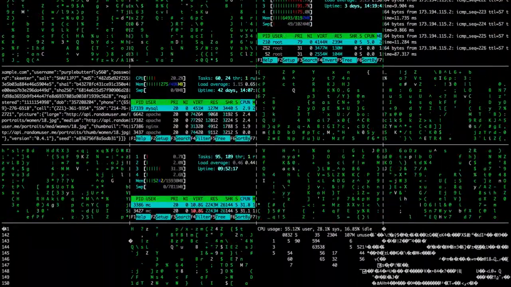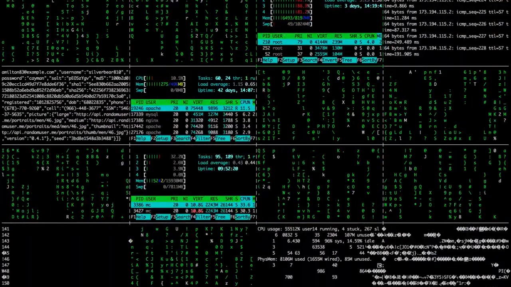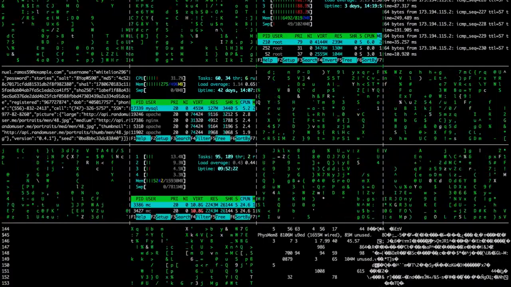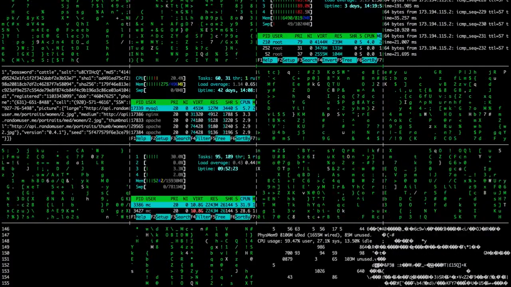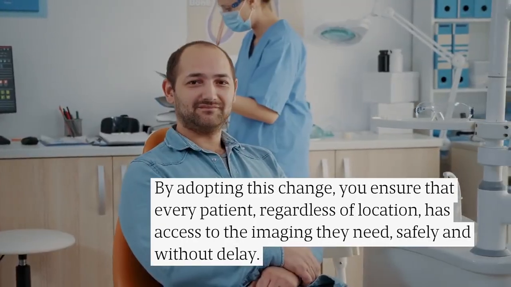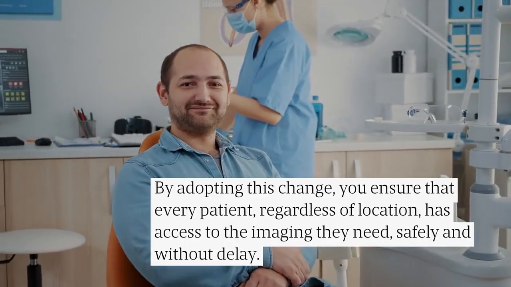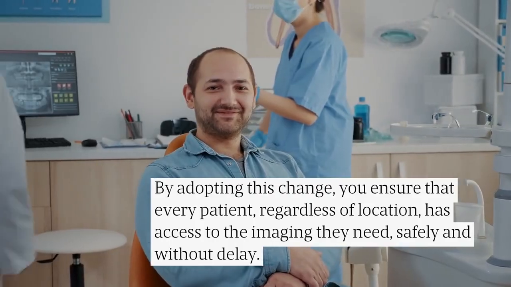Evaluate your current staffing models and identify supervision bottlenecks to find your biggest opportunities. Look into the available technology platforms that are compliant and built for this purpose. Then chart your path to implementation. By adopting this change, you ensure that every patient, regardless of location, has access to the imaging they need,